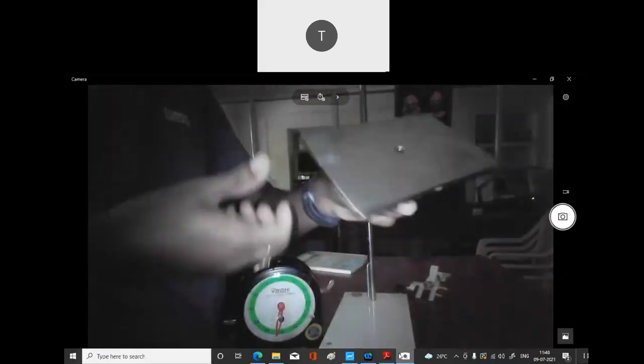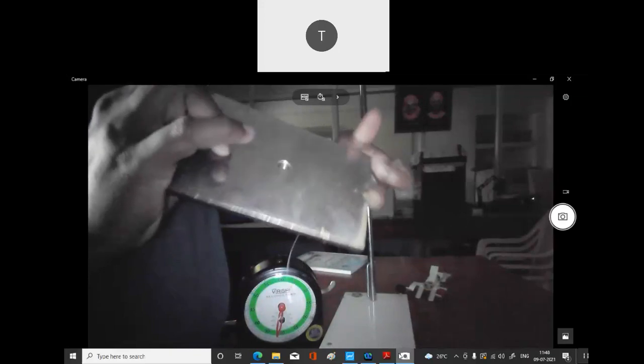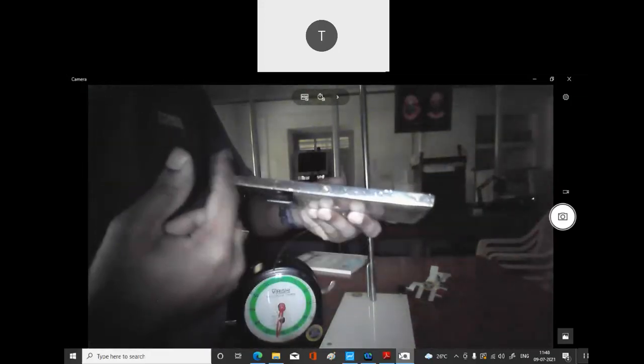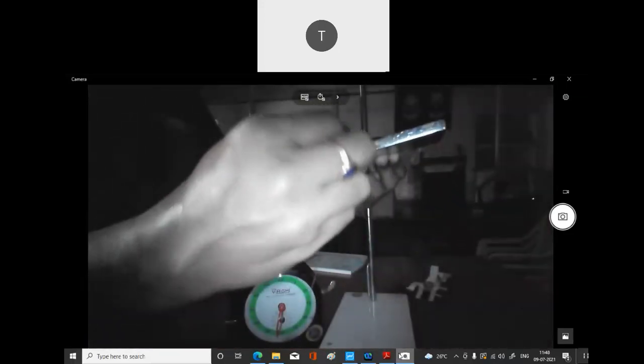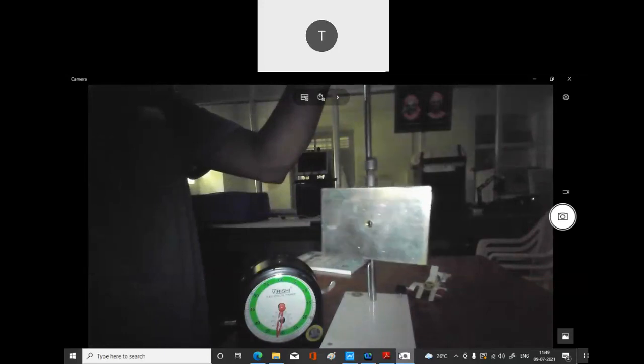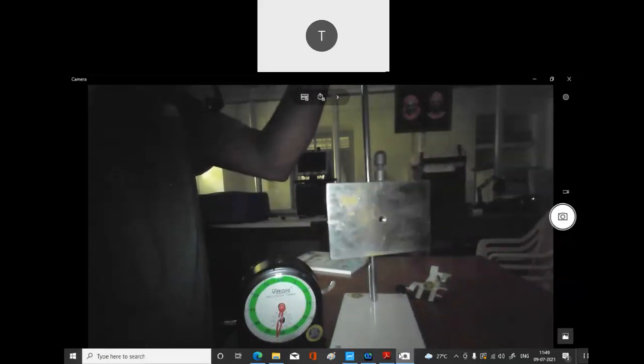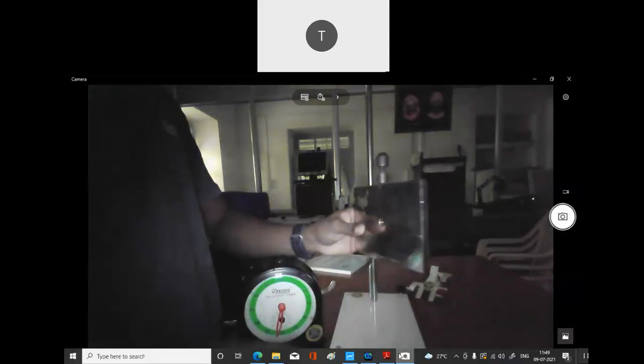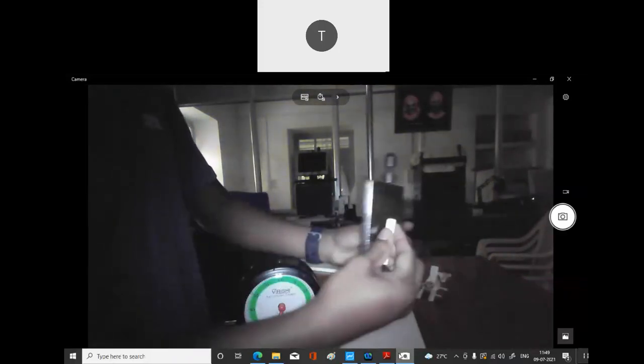I'm removing this and I'm going to put it on the length. Length means the longer edge. Then you take your thinner wire or thinner screw and you put it inside. There's a hole, so you just screw it, like a screw and nut. I'm going to fix it like this, and then I'm going to put it in the stand. Again, I will make the marking. So this is my marking.